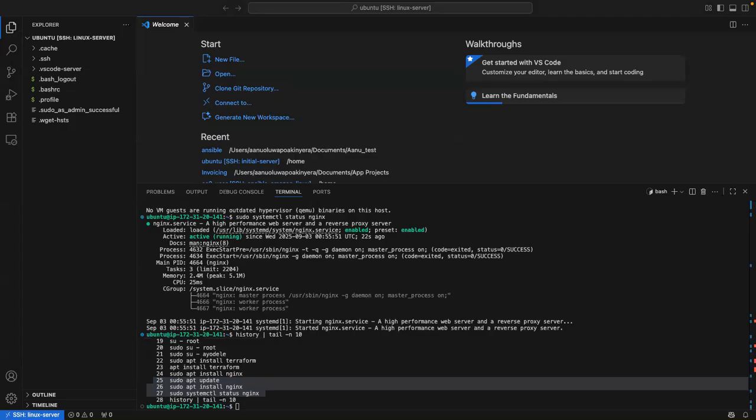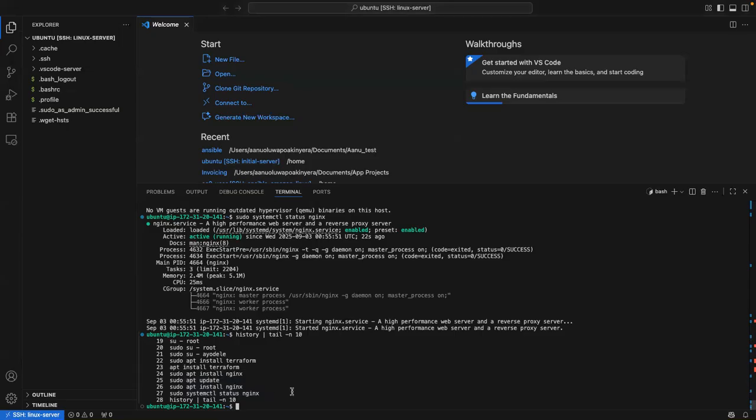Yes, please. Okay. Putting that in the Zoom chat now. Yeah, these are the commands.